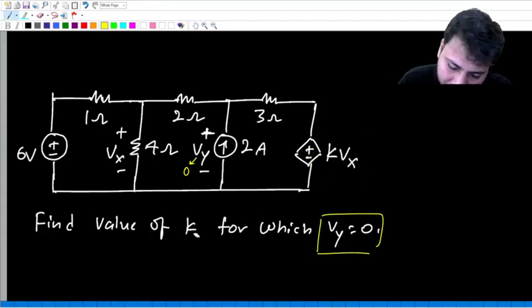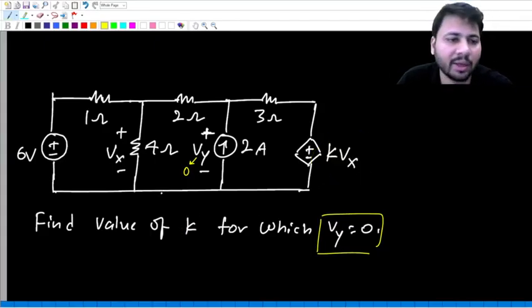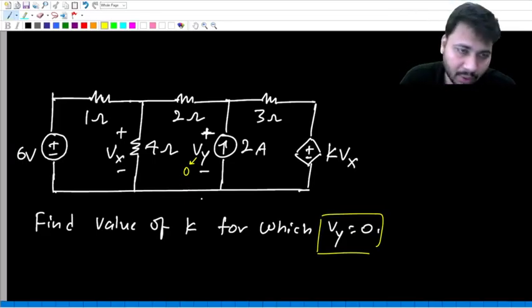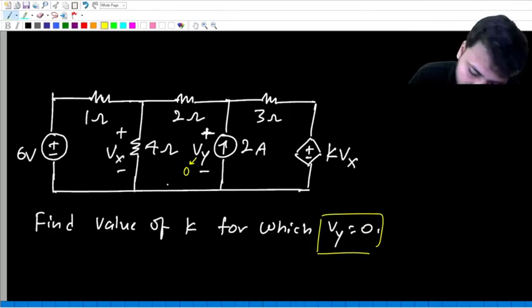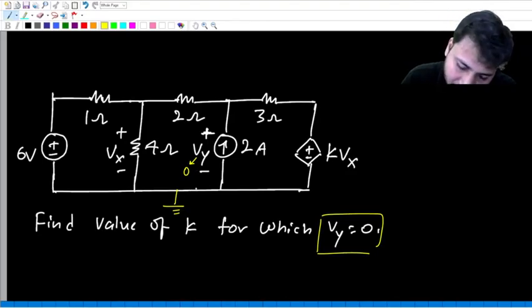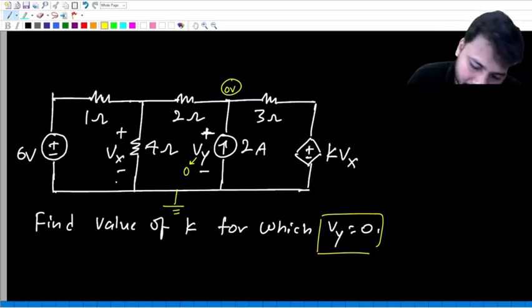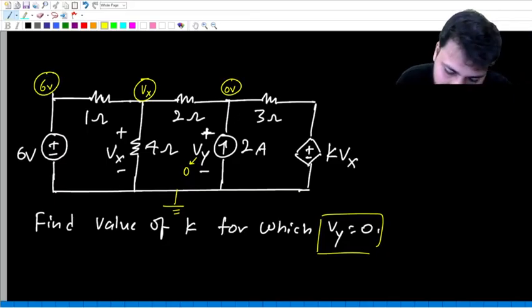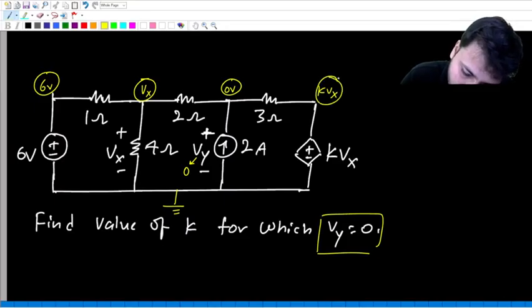That is the equation. Now in this circuit, is there a ground? There is no ground, right? In any circuit, if there is no ground, you can choose any node to be ground. Just for convenience, I will choose the bottom node to be ground. And because Vy is 0, the voltage at this point is 0. Now this is 0, you go from minus to plus, the voltage at this point is Vx. Now this is 0, you go from minus to plus, add the drop, so the voltage at this point is 6 volts. Now this is again 0, you go from minus to plus, add the drop, so the voltage at this point is